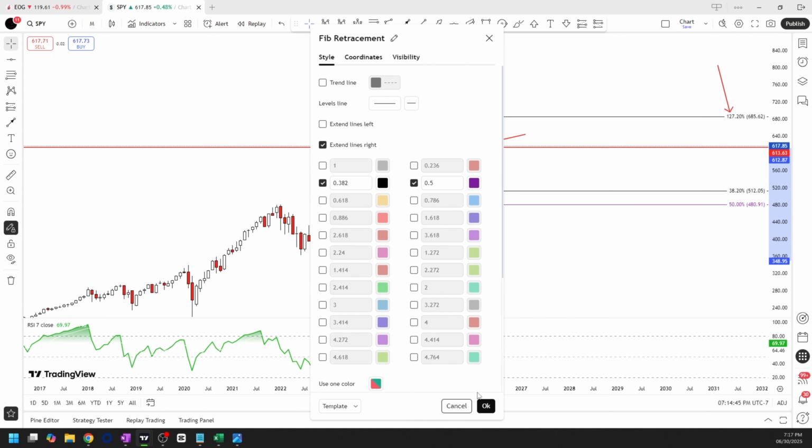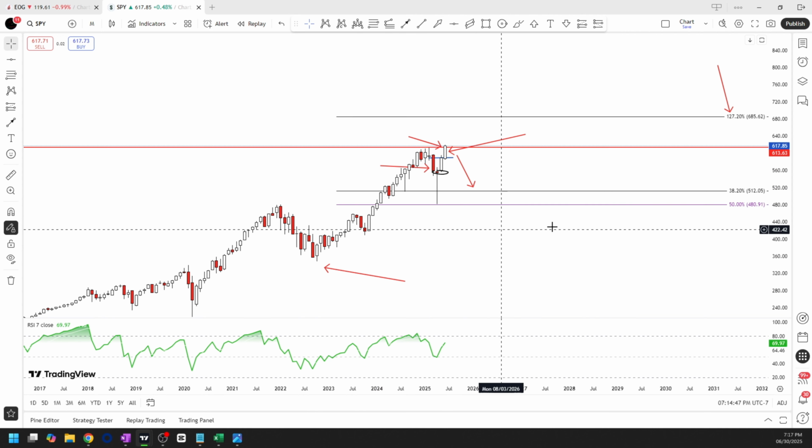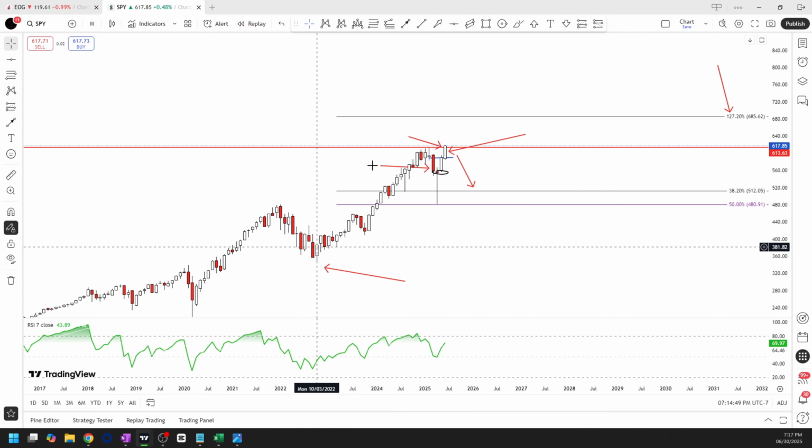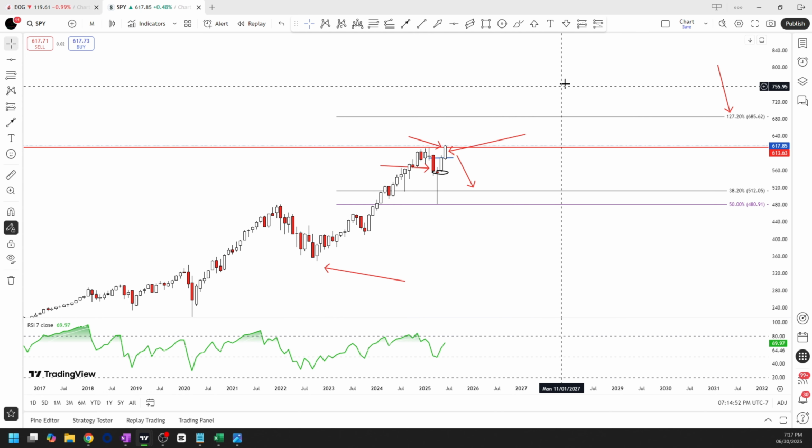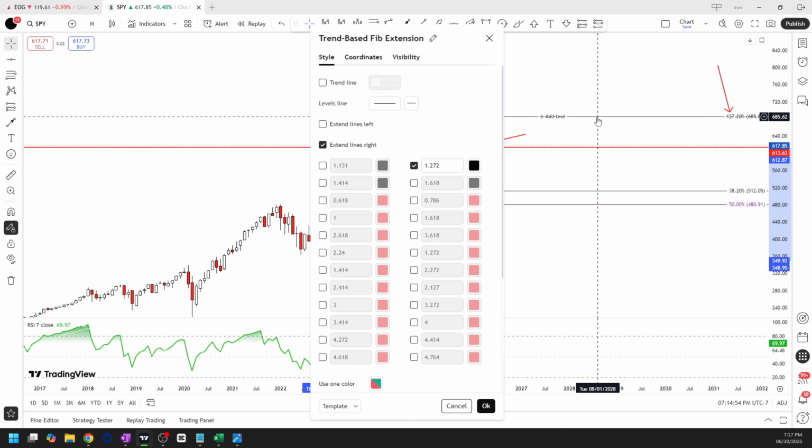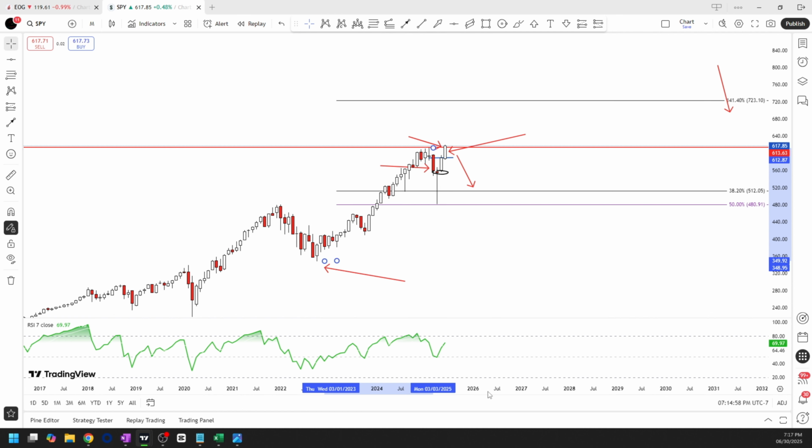We'll bring on the 50 to see how far he got. He just wigged down and touched 50. That means with a 50% retracement, you're looking at a 1.414 extension. So we'll go ahead and add that. Now we have the accurate target,